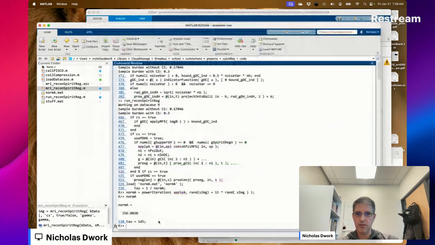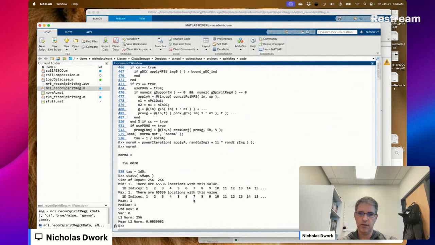Here, S maps is just ones, right? But the norm didn't change much. I guess the norm is related to the discrete Fourier transform. That'd be my guess.